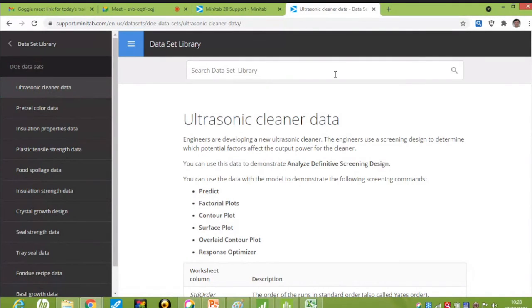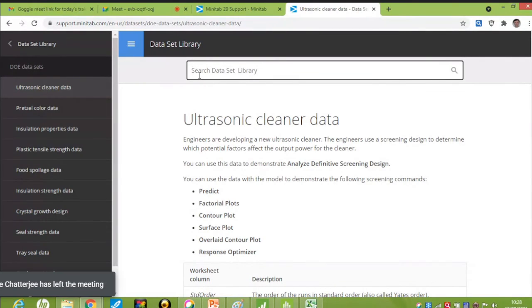So if you are getting lost here, put this in the search: you can put this example, ultrasonic cleaner data. Here just type ultrasonic cleaner data, and then click on it.